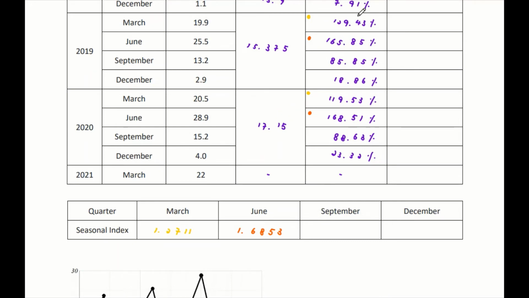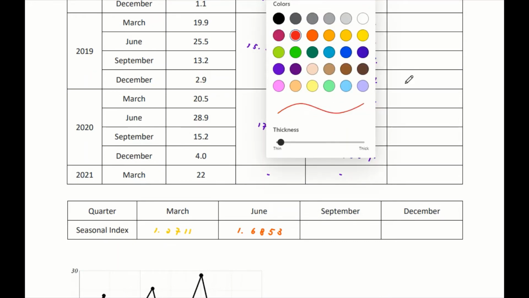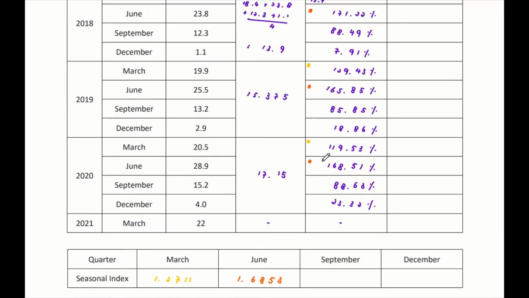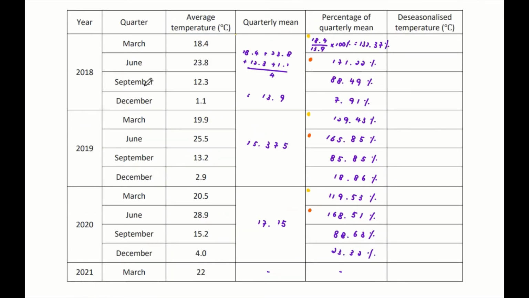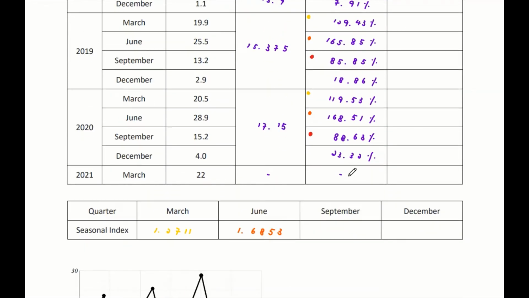Okay, next one for September, same thing. So we have here. You can see that for the quarter of September, by looking at the percentage, it is normally like 11 or 12% lower than the quarterly mean, the average temperature that you have. Okay, so in this case, we are going to use this number and this number, plus them, divide by 3, and you'll be able to get